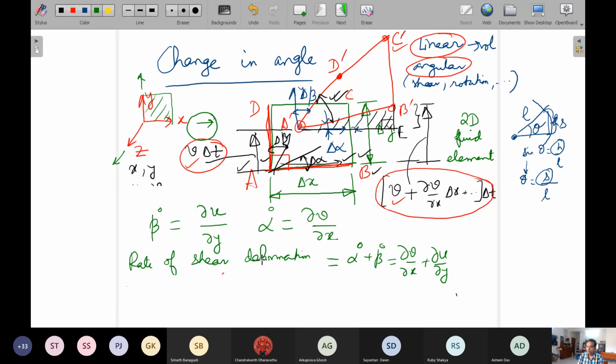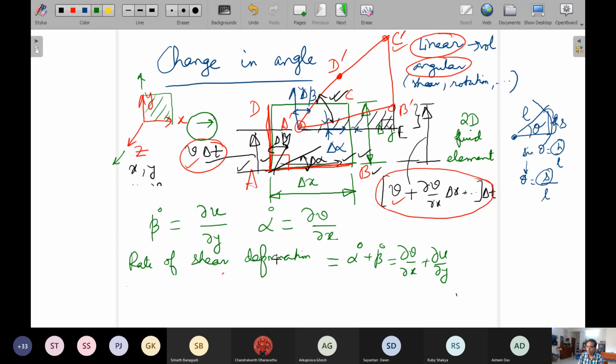We will generalize this later on with the concept of rate of deformation, where both shear and length all will be included. But physically, this is what is the shear deformation. Now, like solids, fluid will also